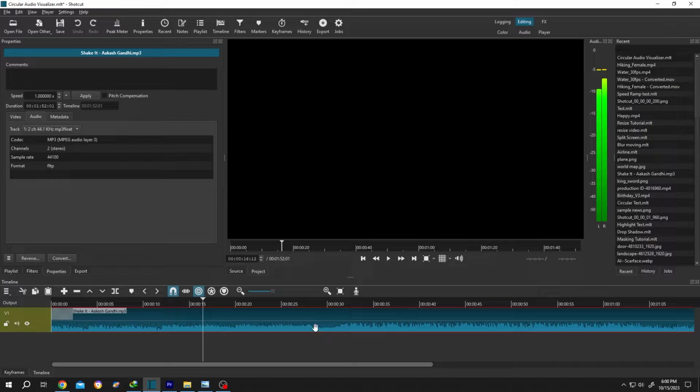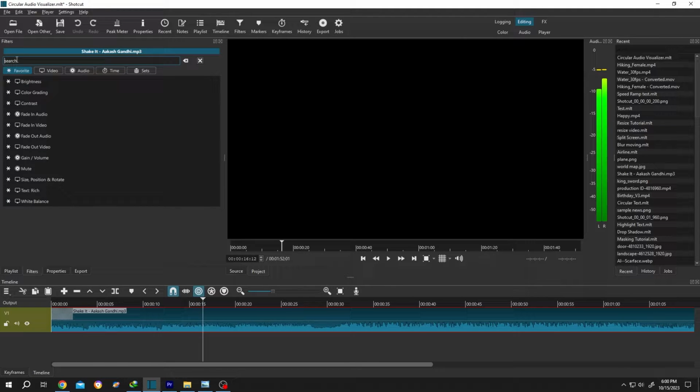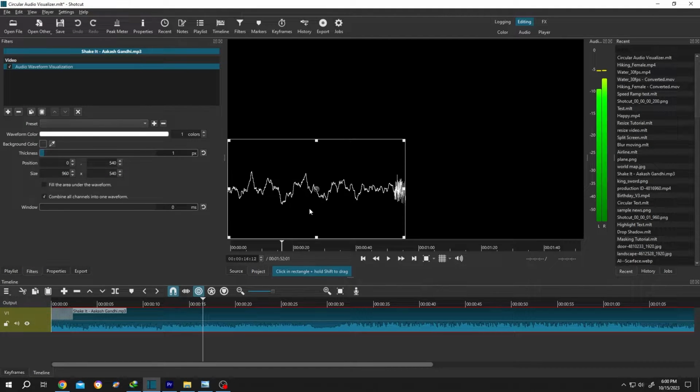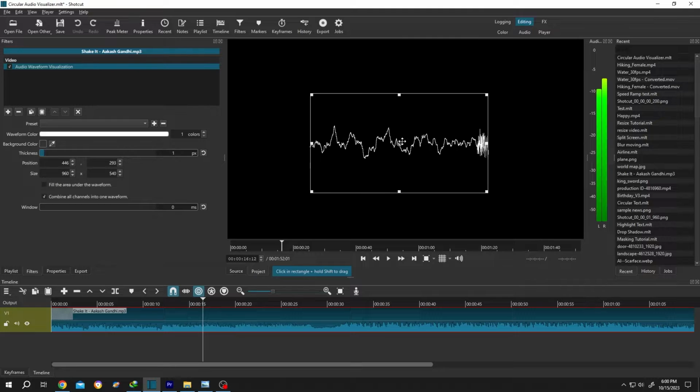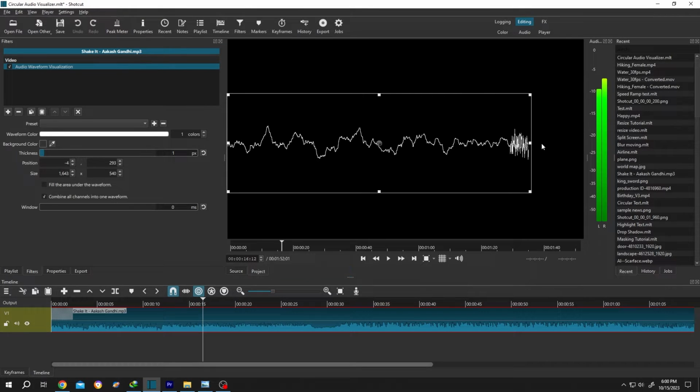We have our audio on the timeline. Now go to filters, or from up here select the filters, then click on this plus icon, search for audio waveform visualizer. Now place it properly at the middle, scale it, make sure that you cover the full width,